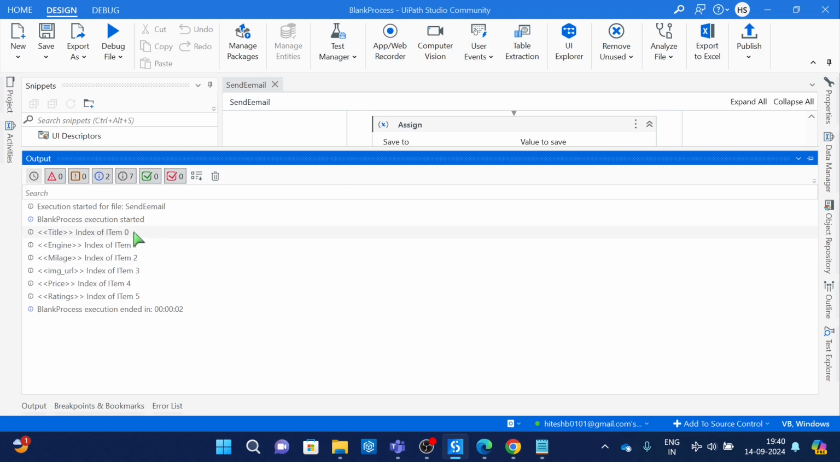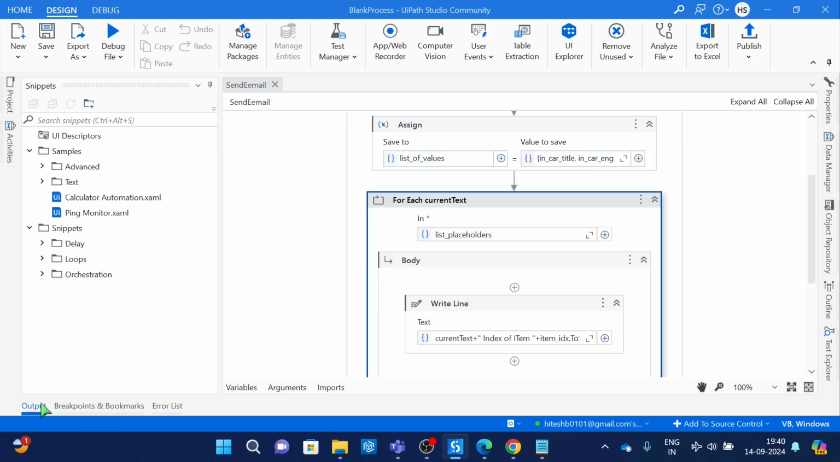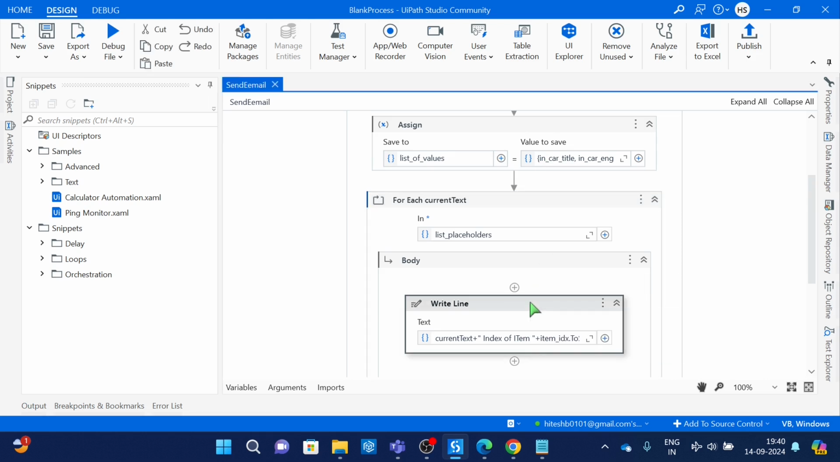See 0, 1, 2, 3, 4. These are the items, placeholders, and these are the strings. So what we have to do in this, the same place, so 0 item, first item, second item, third item, we have to take from this list. Okay. Now what I will do,